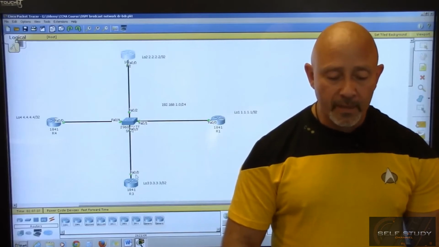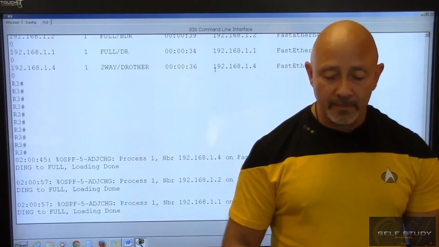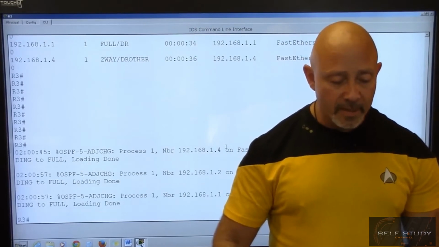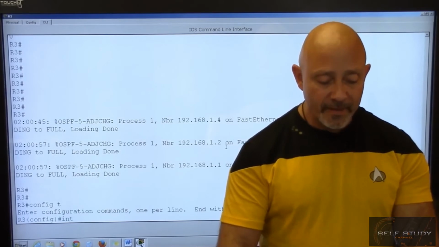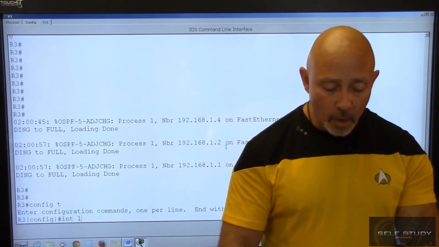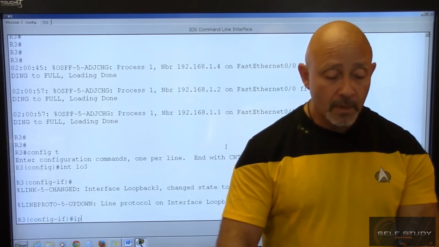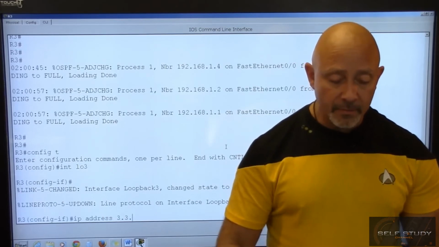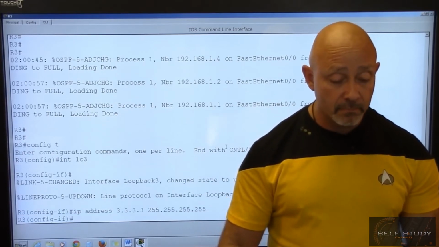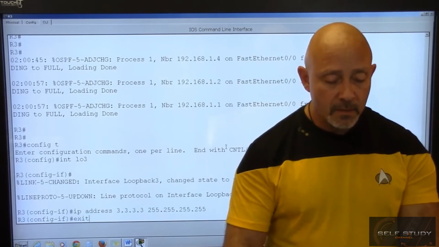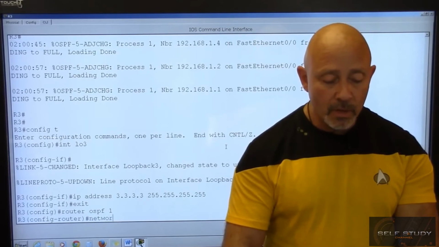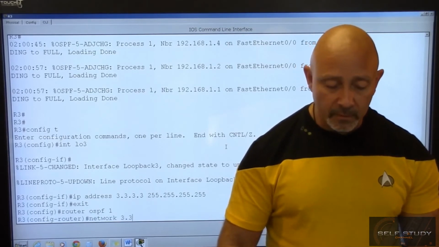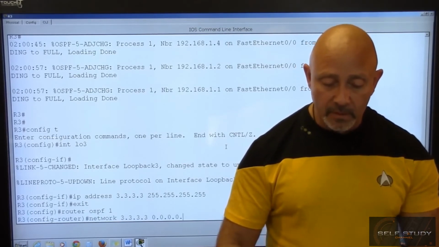We go to router 3. Same exact thing. It's becoming kind of like whatever, right? Config T. Interface LO3. IP address 3.3.3.3, 255.255.255.255. Enter. Exit once. Router OSPF 1. Network 3.3.3.3, 0.0.0.0,